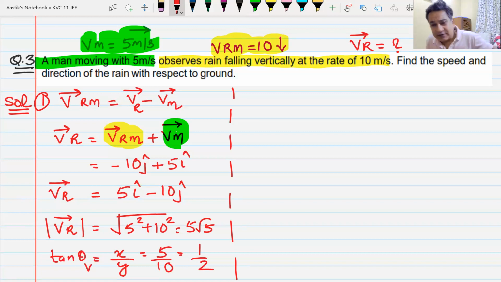The only difference between this case and the previous case was, in the previous case, velocity of rain and man were given with respect to ground, and we had to find out velocity of rain with respect to man. Here, velocity of man was given and velocity of rain was given with respect to man. From there, we had to calculate the velocity of rain. Do we understand this? This is way number 1. Way number 2, it's the same thing, but